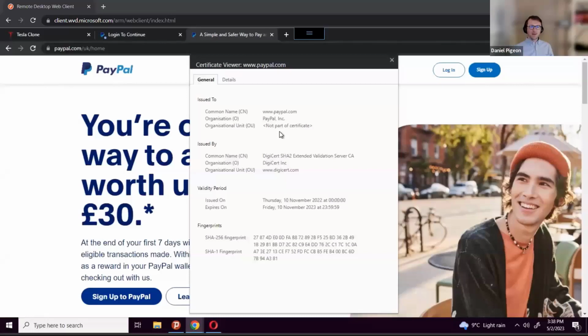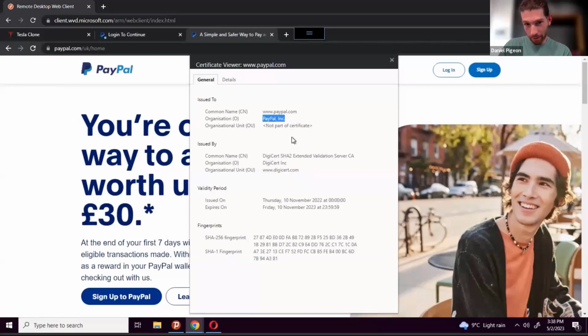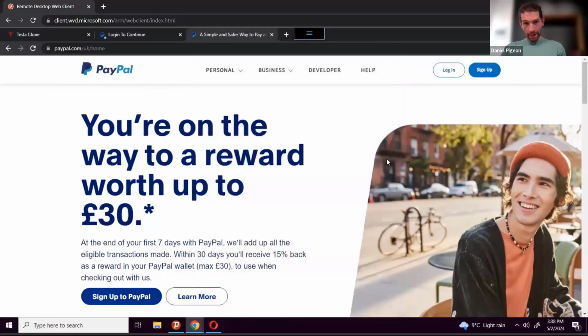So essentially, anyone can buy one of these SSL certificates to secure their domain, if they're the domain owner, right? But here in PayPal.com, you see it was issued to PayPal Inc., right? And you get much more information on the certificate. So it's an indication. Of course,